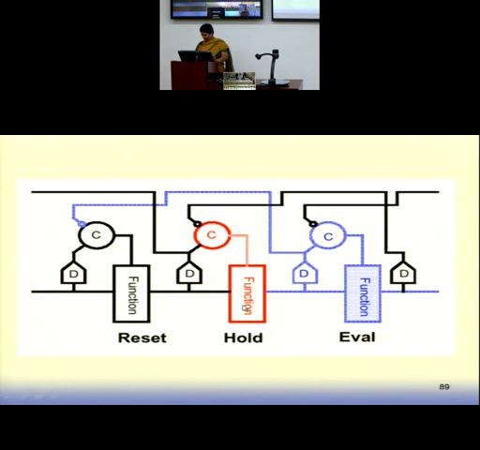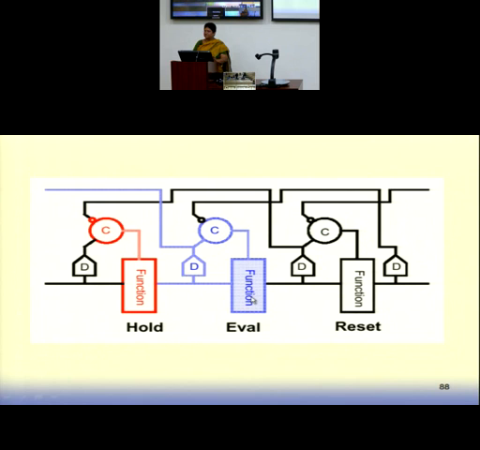If this stage is in the evaluation, it can send the data forward only when this has completed pre-charging, and this can evaluate. So once this evaluates, then only this can evaluate. Till then it has to remain in the hold. I am saying that it can evaluate only after this finishes. The predecessor can evaluate only after the stage finishes its evaluation. Only after that. Till then it has to remain in the hold mode. And this can evaluate only when this finishes pre-charge.